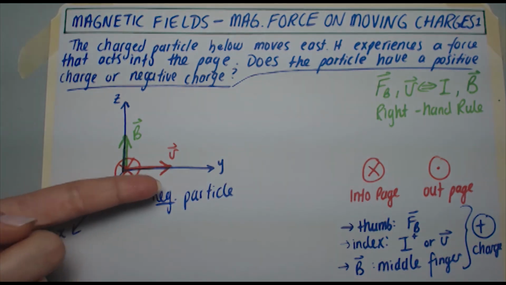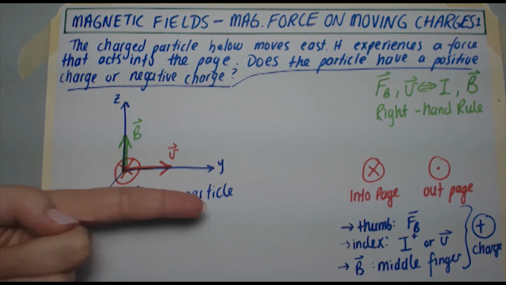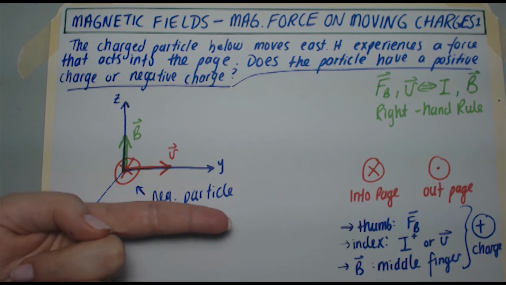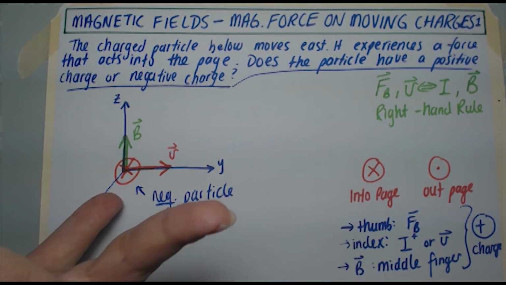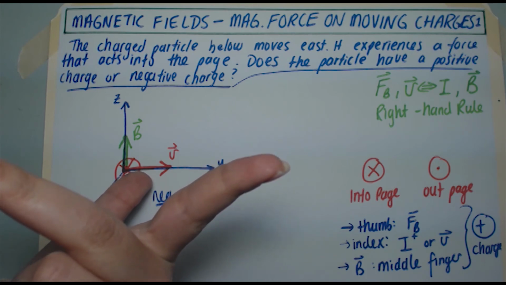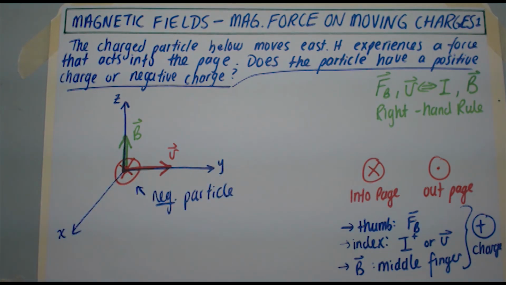So here we go. You see the velocity? It's going east. My middle finger's in the direction of the magnetic field, so it's going up. Which way is my thumb going? Into the page. Now, okay, true, you're probably looking at this and saying, okay, yeah, that looks pretty uncomfortable. And it is. Fair enough. That was pretty uncomfortable. You will find some situations in which it is more comfortable, but regardless,